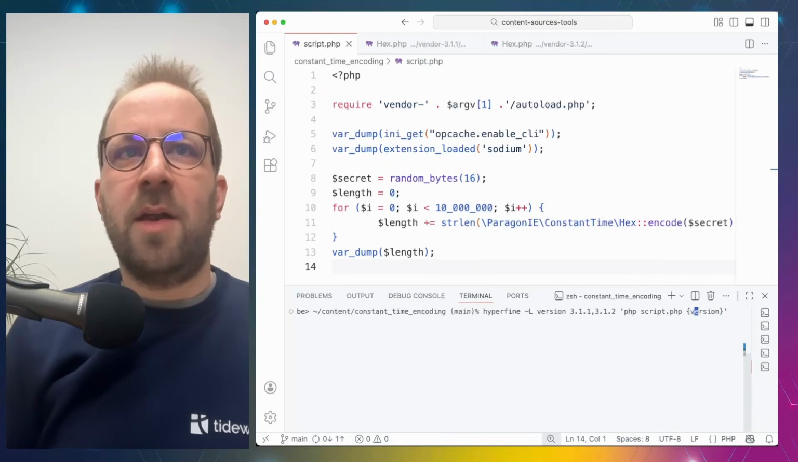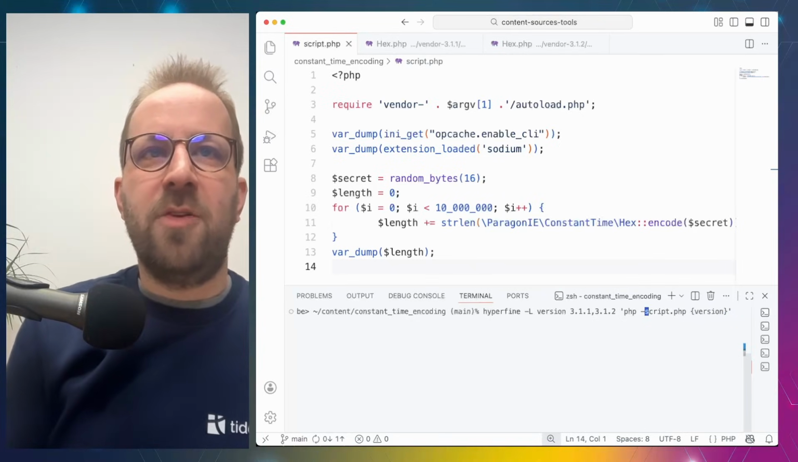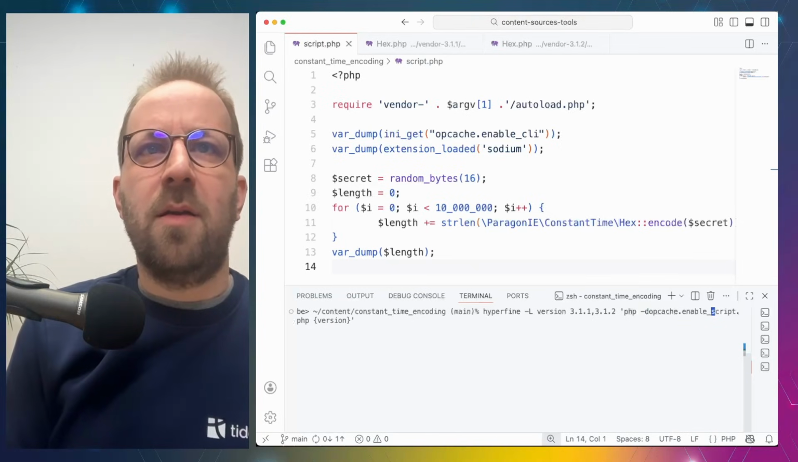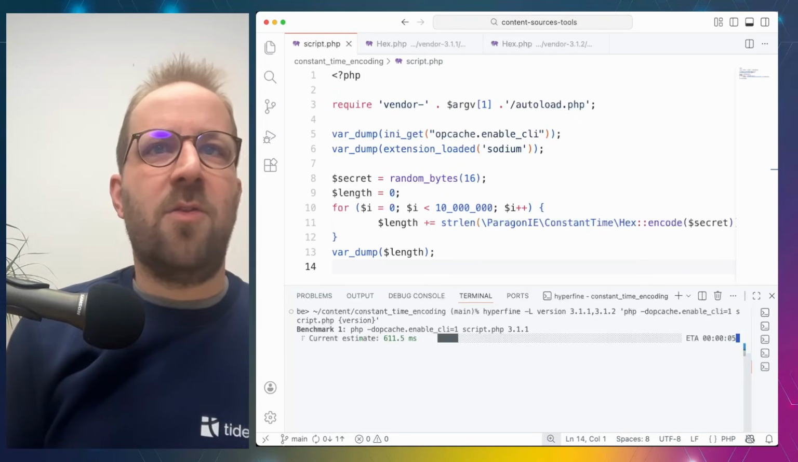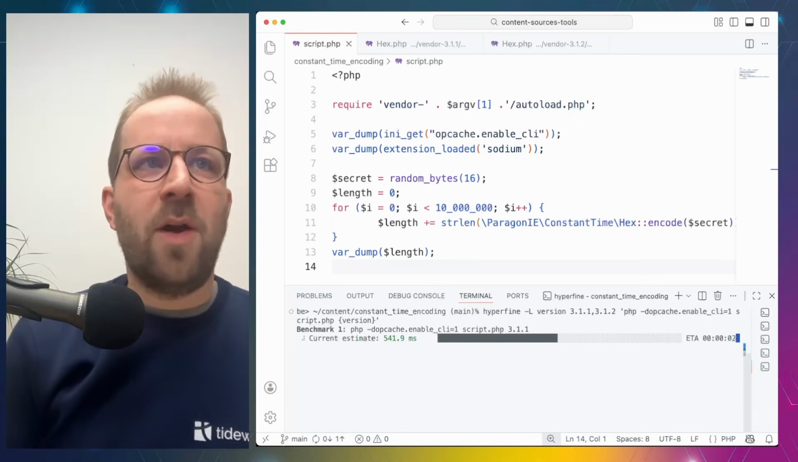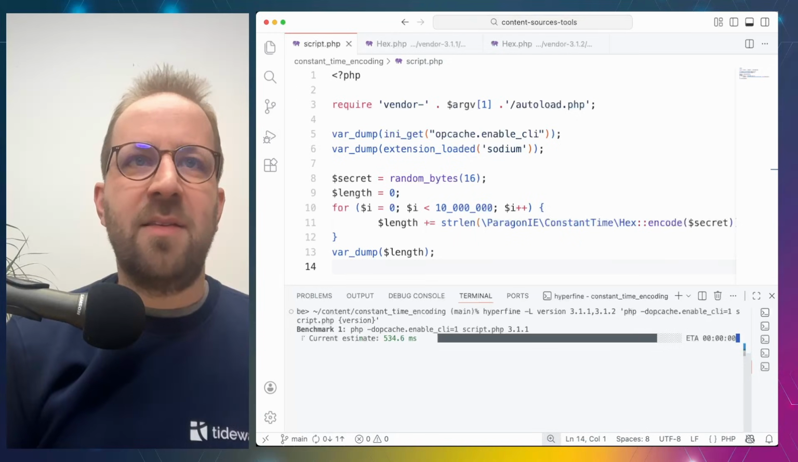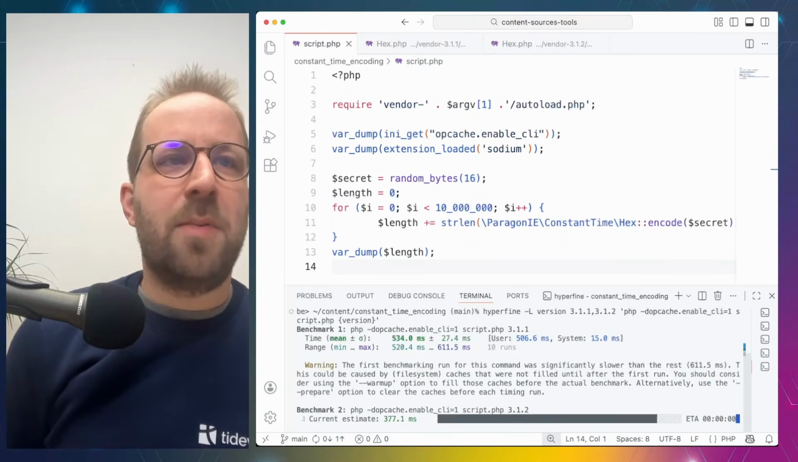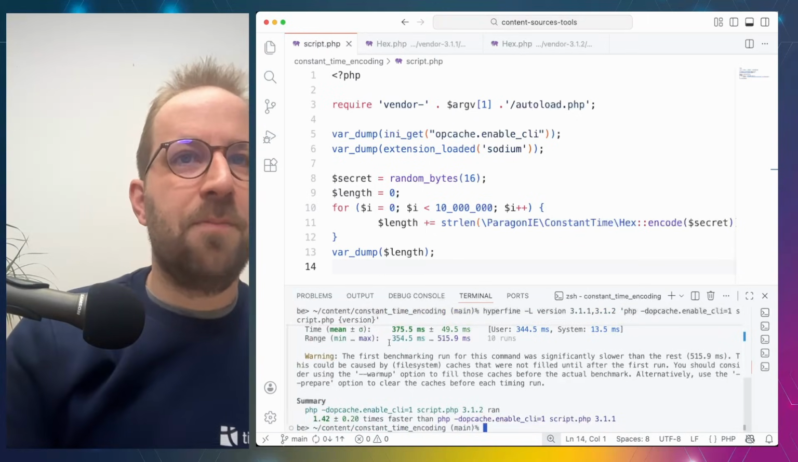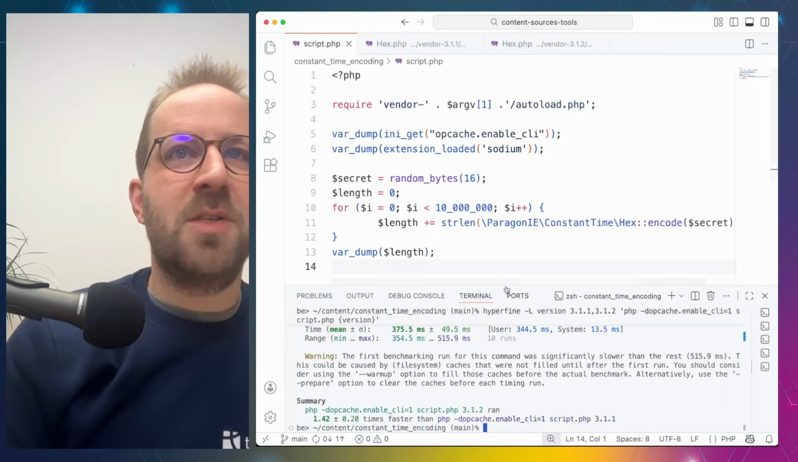And then, to fulfill the precondition, I also have to set opcache enable CLI. And then run this. So it now runs both commands 10 times, and then compares the performance against each other. So you can see in the output here,